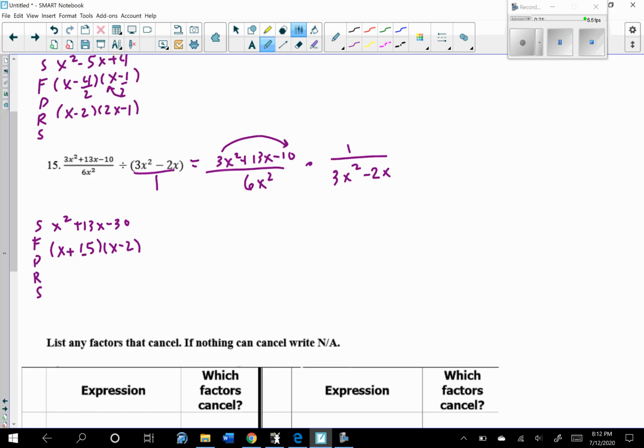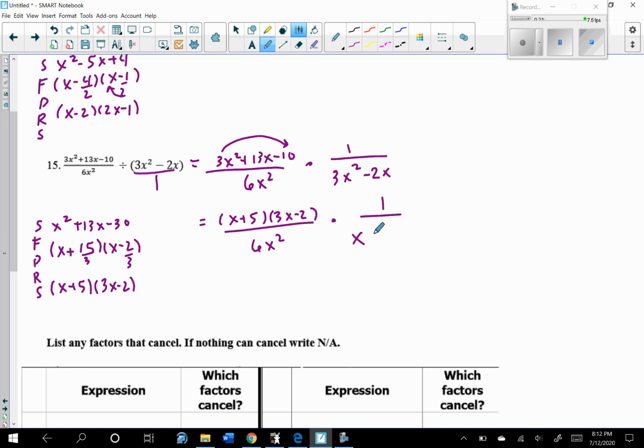D stands for divide what we moved, which is the 3. Reduce, so it becomes x plus 5. This doesn't reduce, so the 3 goes in front, 3x minus 2. And you can always check your work by foiling this out to see if you get the original equation, which we do. So x plus 5 times 3x minus 2 over 6x squared times 1 over,